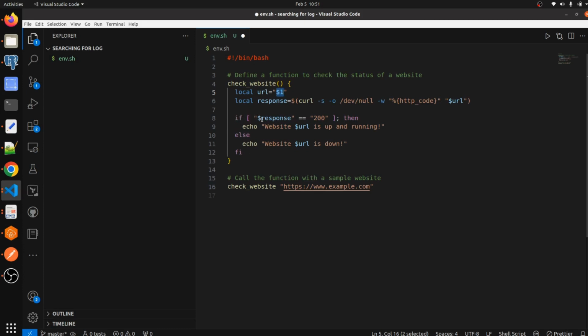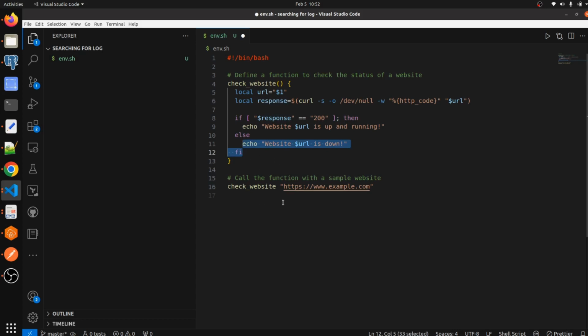If $response, which we defined in the function, is equal to 200, then echo website is up and running, else website is down. If it's not able to find the response code 200, it will print the message that our website is down.